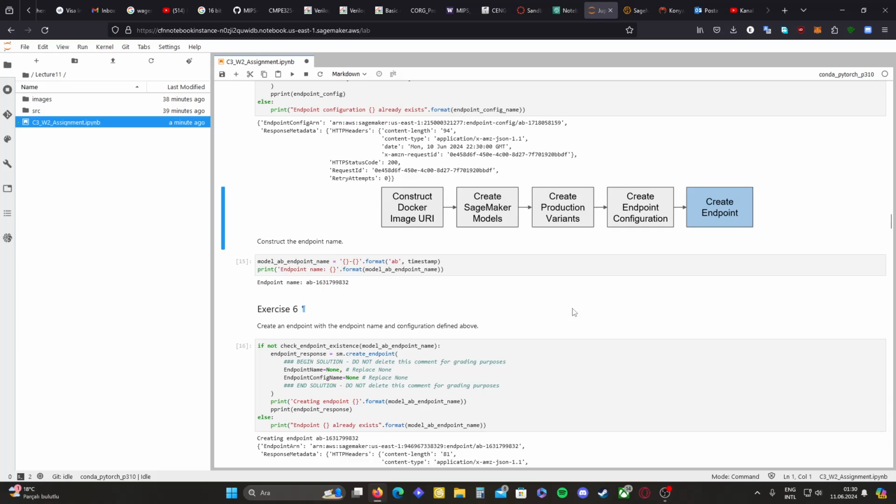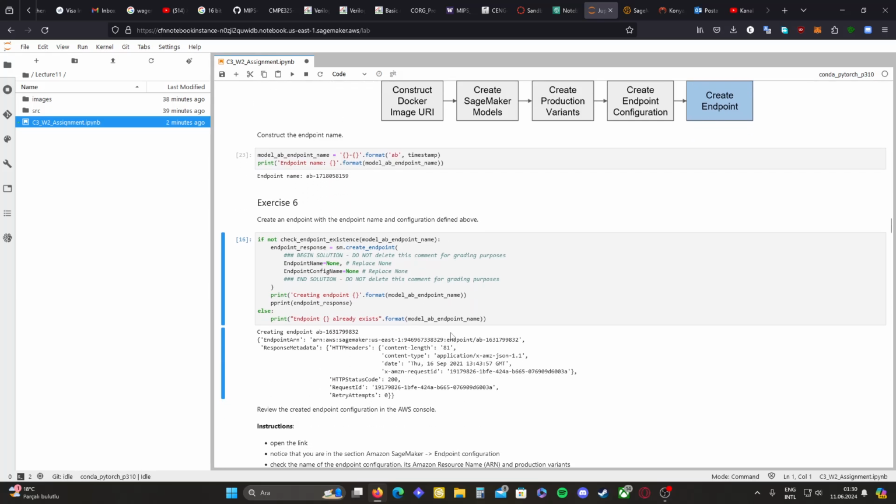Construct the endpoint name, and we construct the endpoint name as AB like that. And here is exercise 6. We will replace none create endpoint with endpoint name and configuration defined above. So we will use model AB